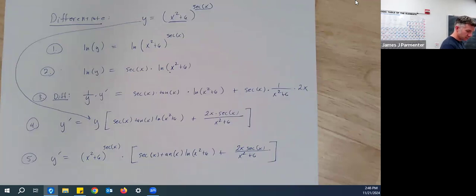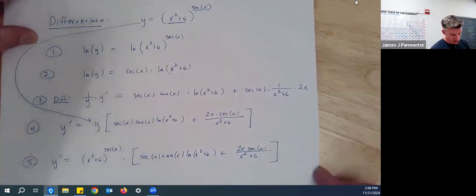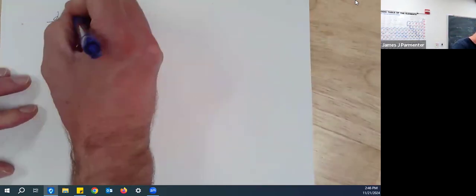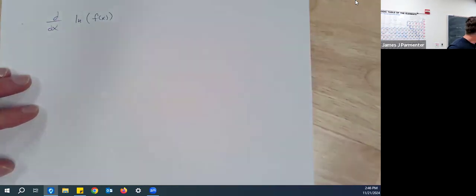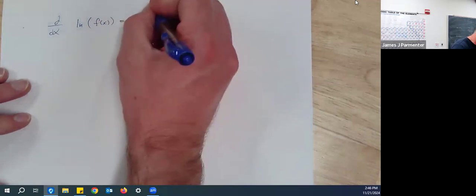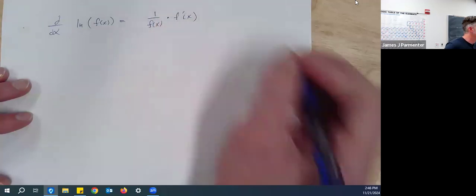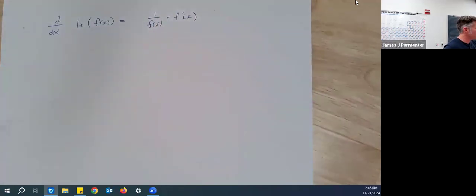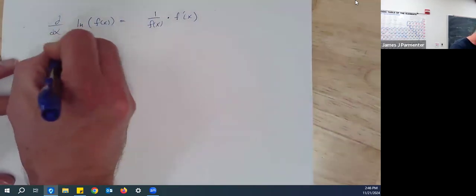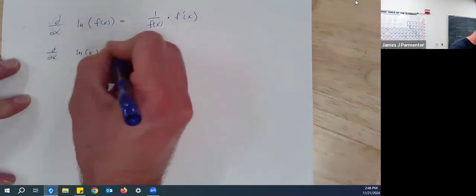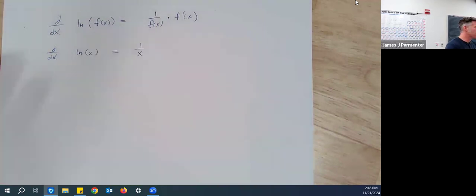1 over x squared plus 6, times 2x. So whenever we take the derivative of the natural log of some stuff, of any stuff, so the derivative of the natural log of some function of x is always going to be 1 over that stuff multiplied by the derivative of that stuff. It's just the application of the chain rule, really. Because more basically, the derivative of just natural log of x is 1 over x. So we're just replacing the x with some stuff, but we know that when you replace the x with stuff, we always have to multiply by